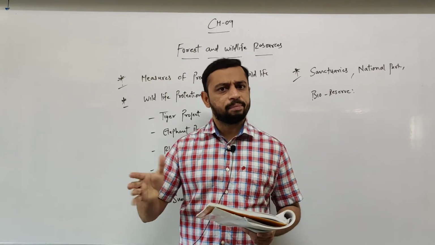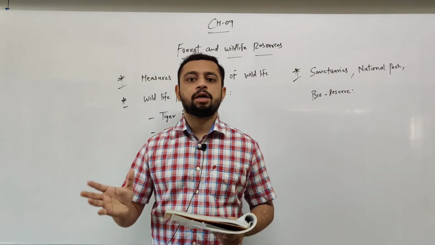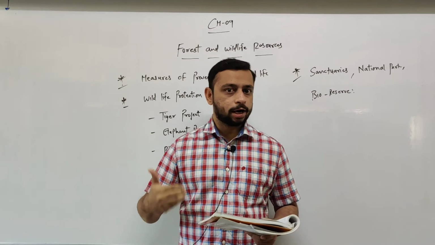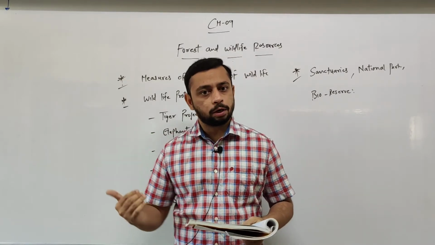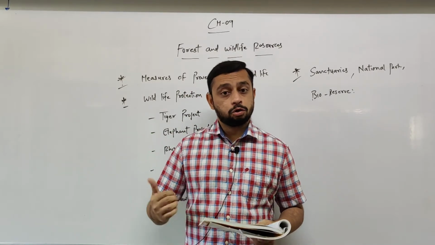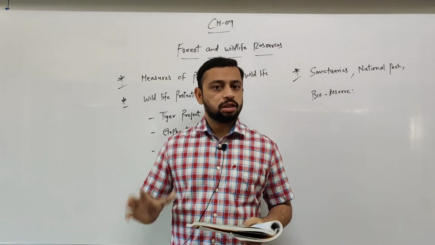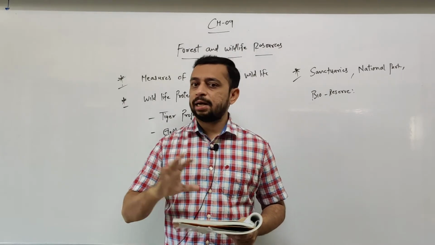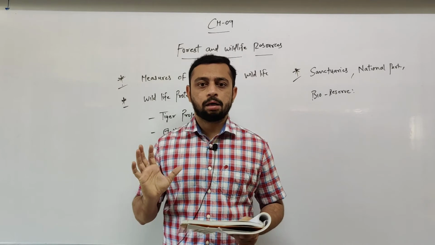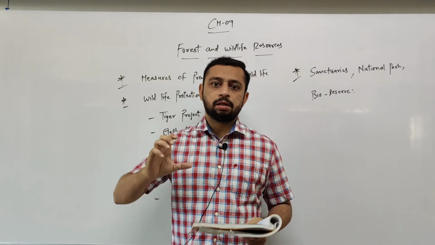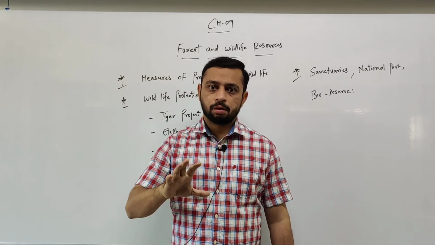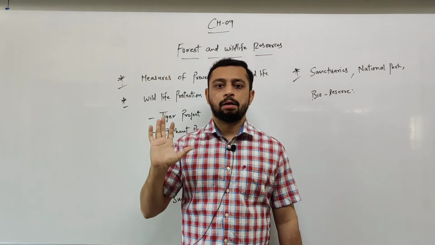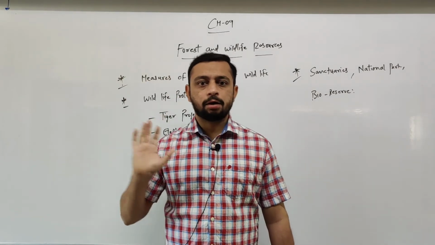ચિત્તો જે હોય ને એ leopard કરતા પણ થોડો weight માં ઓછો હોય. Leopard is quite strong in terms of weight compared to a cheetah, right? પણ જો speed ની વાત કરો તો cheetah is the fastest among lion, tiger and a leopard, right? And cheetah can hold the same amount of weight, right, and it can climb up on a tree. No other big cat can do it, right?